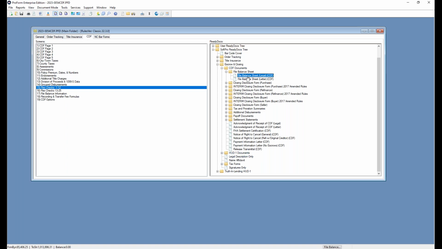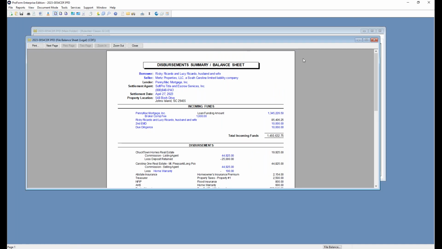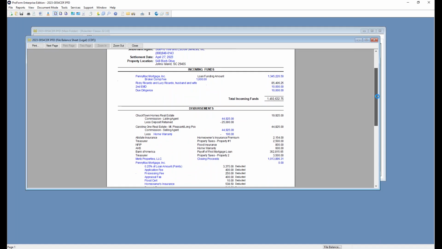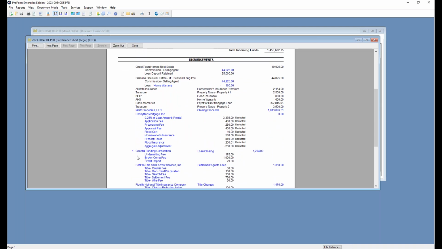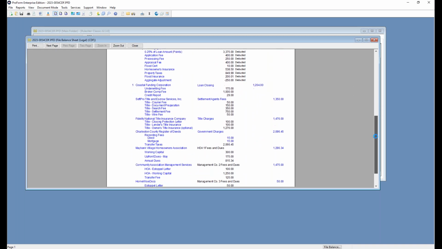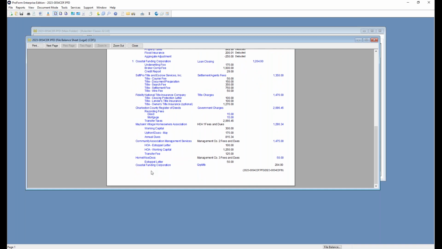If I double click on that hyperlink to view my file balance sheet, notice if I were to scroll down, I'm going to see where Coastal Funding Corp has a number 1 to the far left. That lets me know that I utilized a Flex Check 1 for that charge. And if I continue to scroll down, I can see where it is showing me Coastal Funding Corp as a